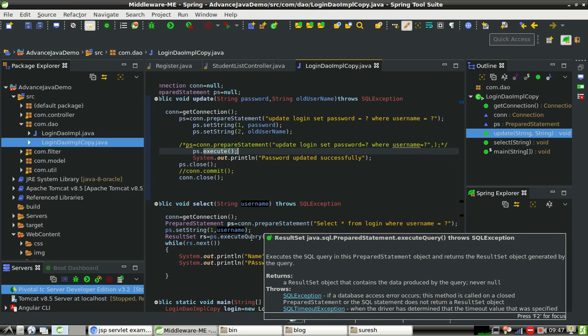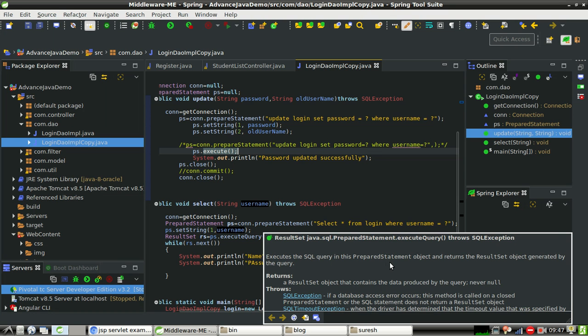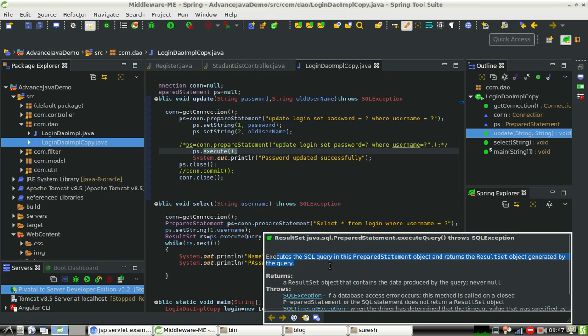So you need to tell me what is the difference between execute and executeQuery. The simple difference is, if you want a bunch of data from the database, we use executeQuery, because pay attention over here, it returns a ResultSet, and this ResultSet is used to hold the data we've got from the database, containing data produced by the query.